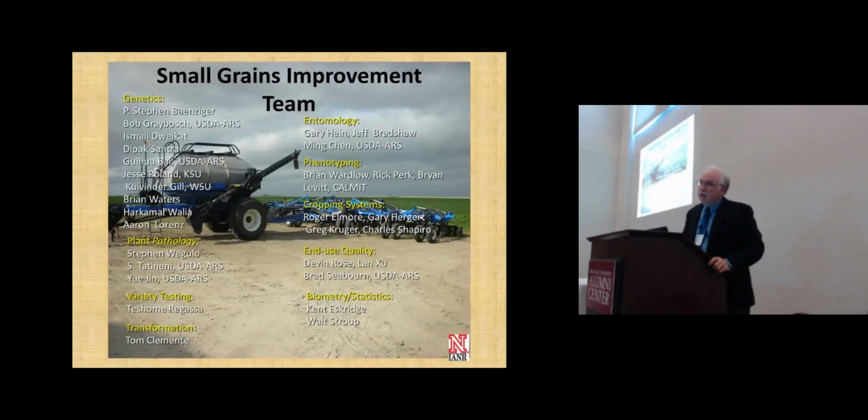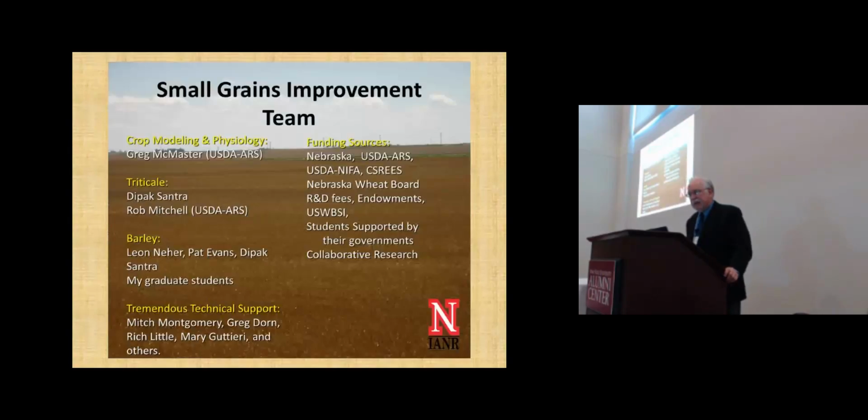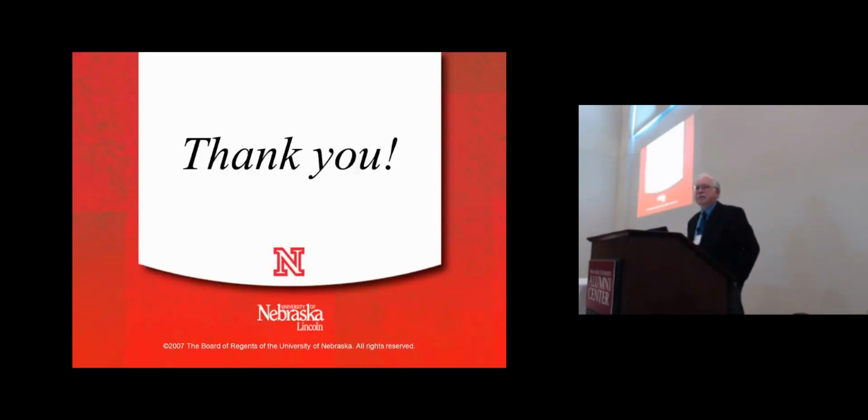Wheat is basically grown on ground that's too poor for corn or soybeans. So our uniformity completely lacks compared to what the best corn ground is. The worst corn ground would be the best wheat ground, is what it comes down to. So we have a lot of spatial issues when it comes to doing evaluations. We work with statistics and biometry. We do some crop modeling. I also work on triticale and barley. I think they're great crops. Really good technical people. We're never rich, but we always nickel and dime our way to middle class, so that's our funding sources. With that, I'll say thank you and ask if you have any questions.